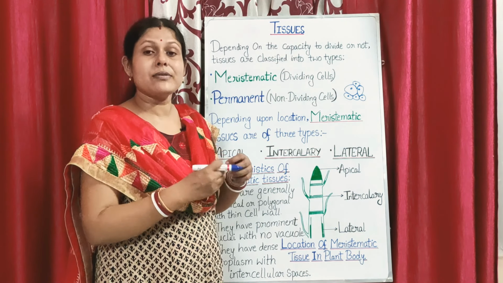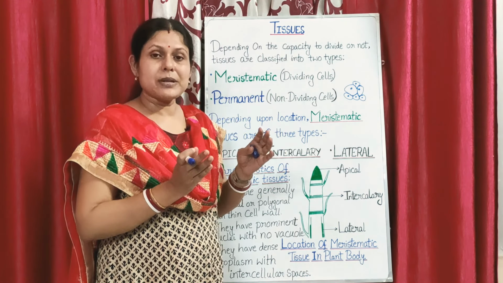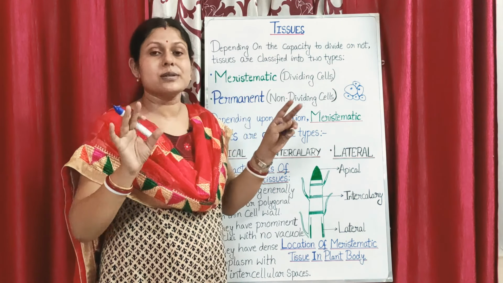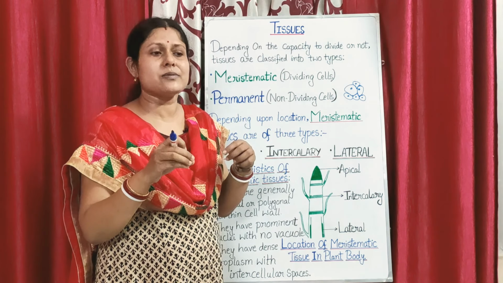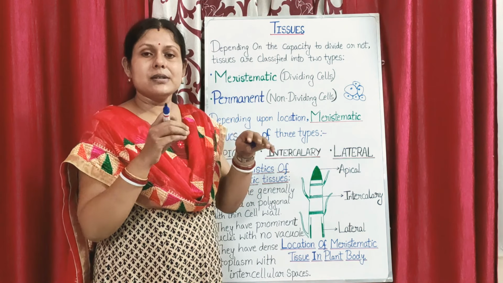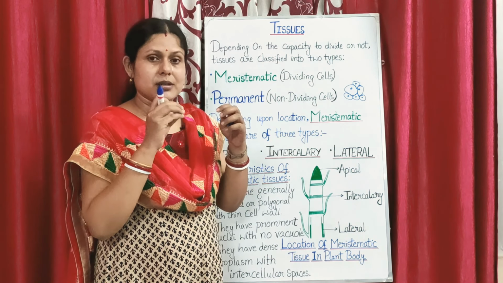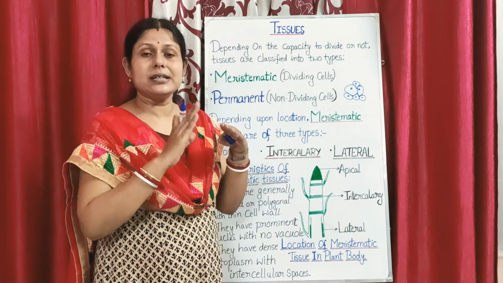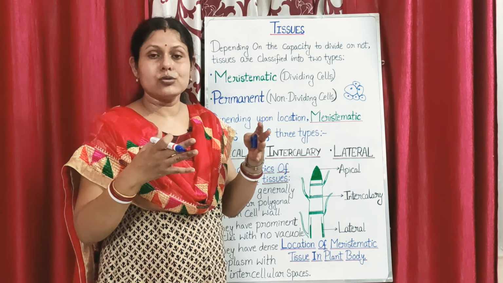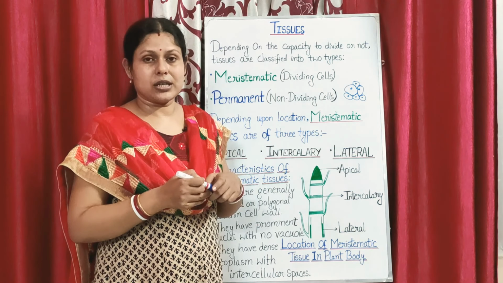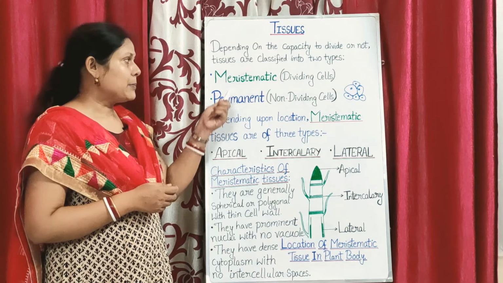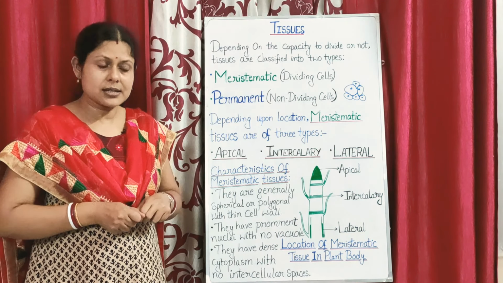Gradually, when they modify and thickening of the cell wall takes place, some angular intercellular spaces form between them. Those intercellular spaces are helpful for the passage of some substances, or sometimes extra deposition of lignin and suberin can take place there, which again gives mechanical strength to the plant to withstand environmental stress. So this is all about today's study, only the meristematic tissue I have discussed.